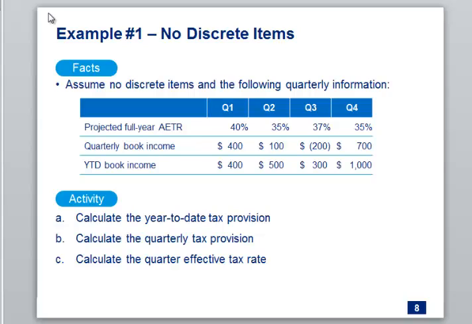So I get to the end of Q1, and I look out into the future. I use my crystal ball, and I think my effective tax rate's 40%. Okay, that's my best estimate, taking into account all the facts I can think about. I'm going to have $400 of book income in Q1, so my year-to-date income is $400 too. Okay, then I get to Q2,